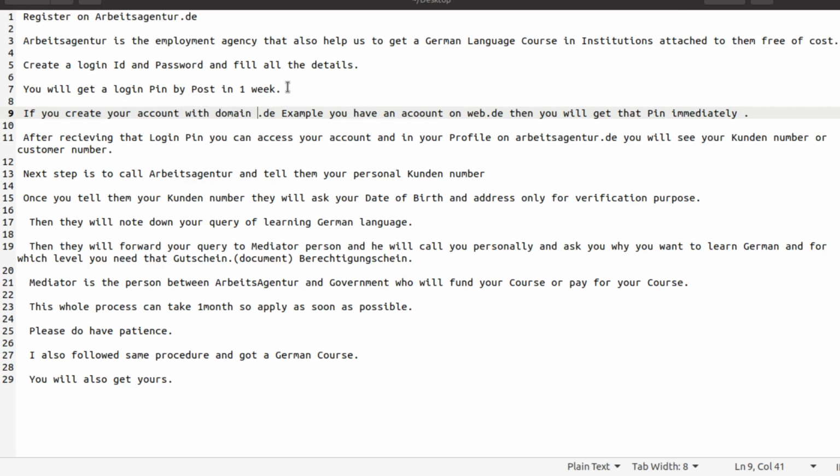If you create your account with your existing email address, with .com or any other email ID, but if you have a .de address, for example web.de, then you will get the pin in this web.de email ID immediately.